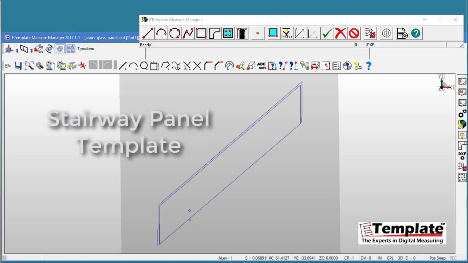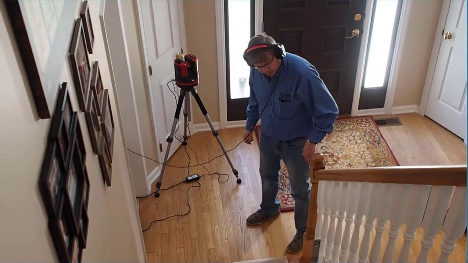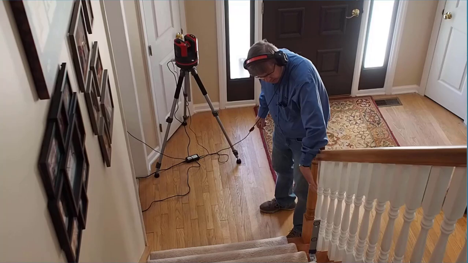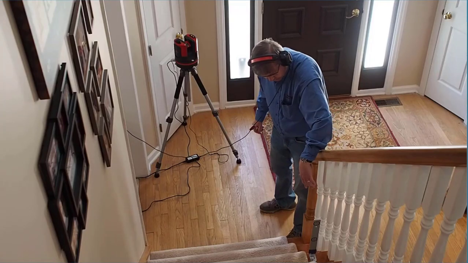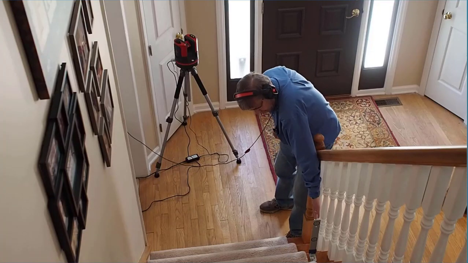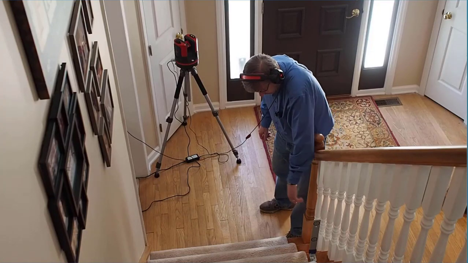Okay, today we're going to use the eLaser Pro to measure for a glass panel along the side of the staircase. We're going to be putting the panel in this region all the way up for this run. And we're going to first define this plane, which is where the panel lies, and then we're going to measure